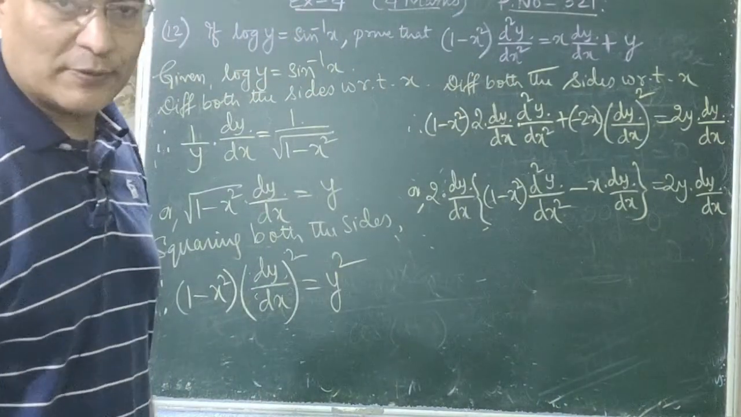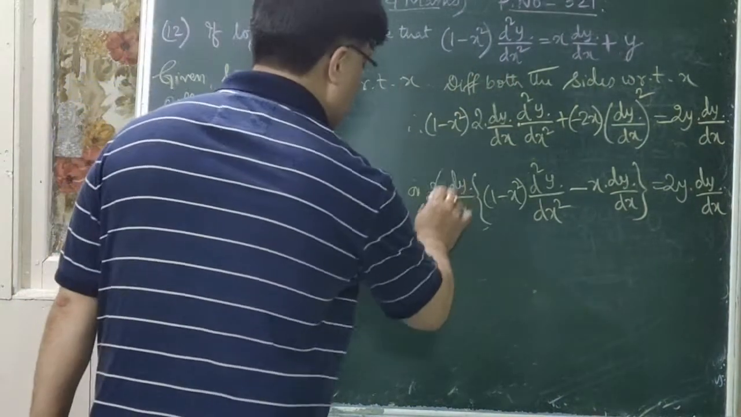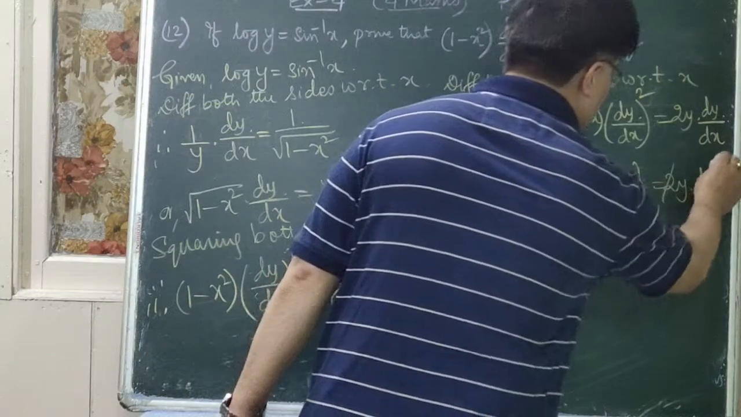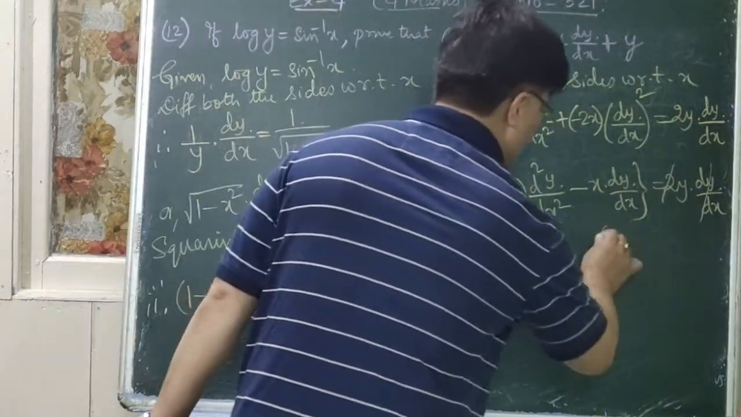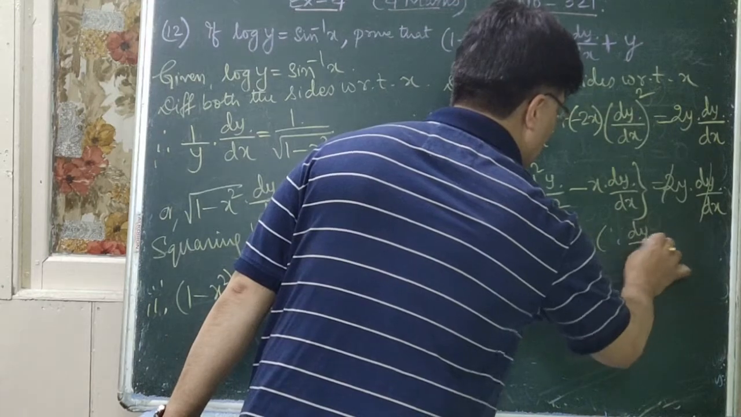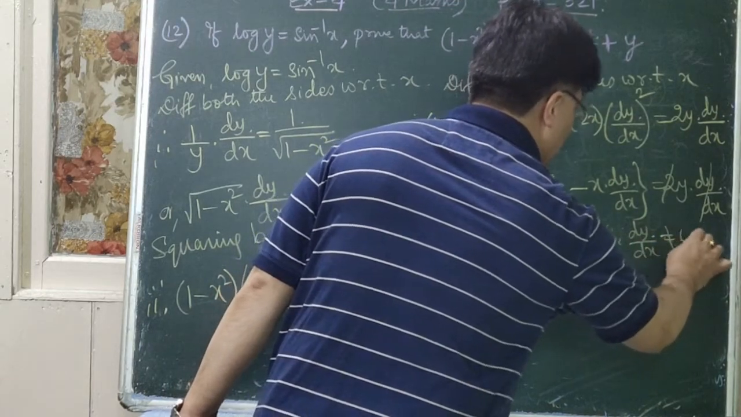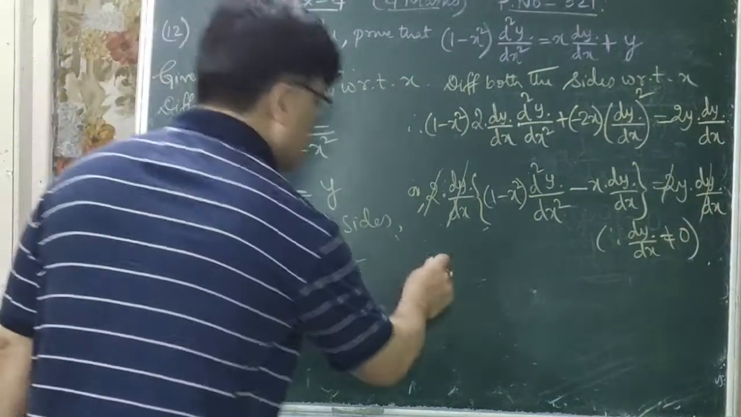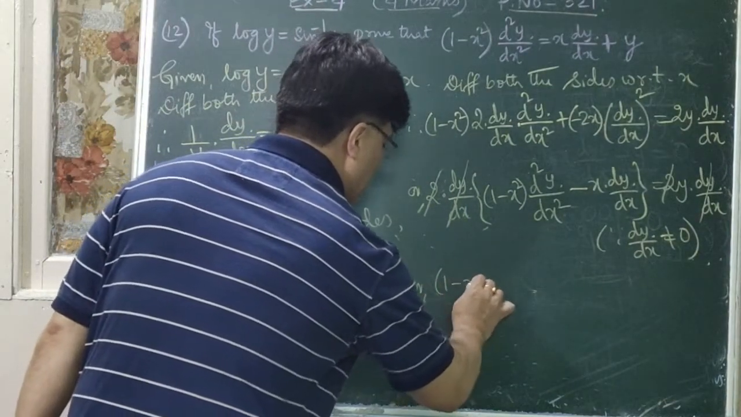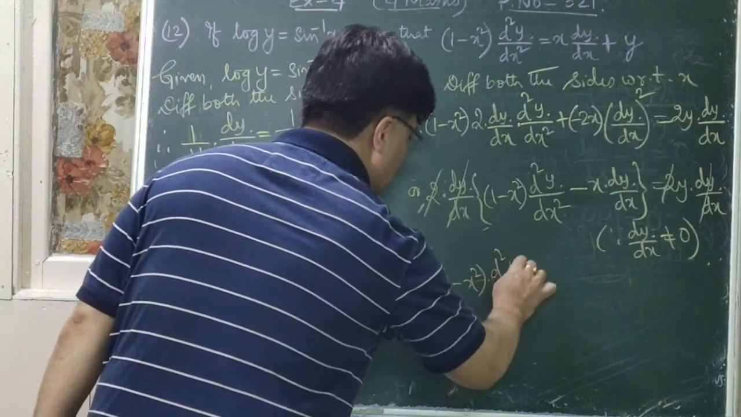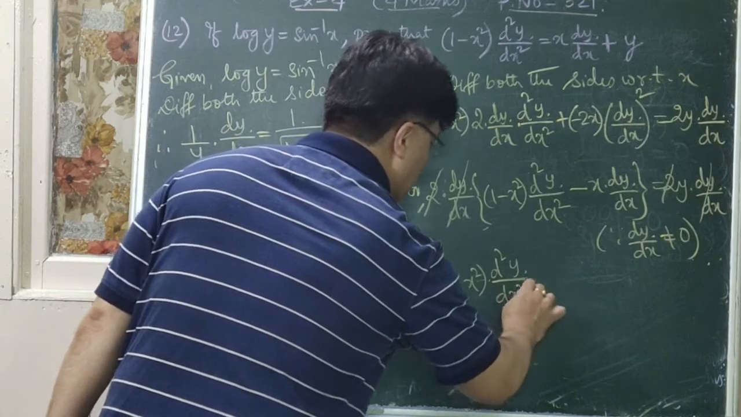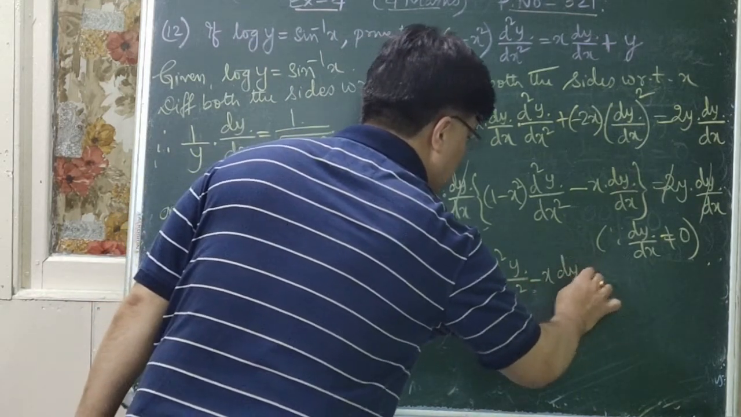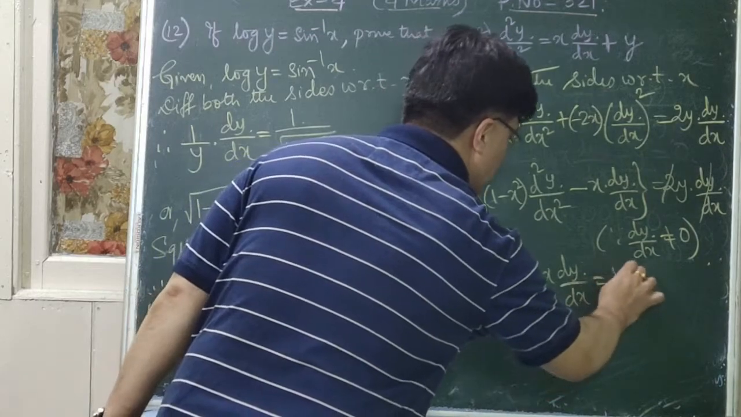So I think you have understood it. From both the sides you can cancel this 2 dy/dx, since dy/dx is not equal to 0, so you can cancel them. Okay, so what are the remaining terms now? It is (1 − x²) into d²y/dx² minus x dy/dx, which is equal to